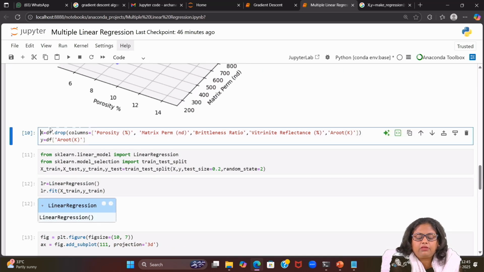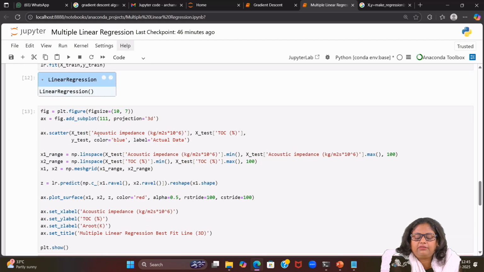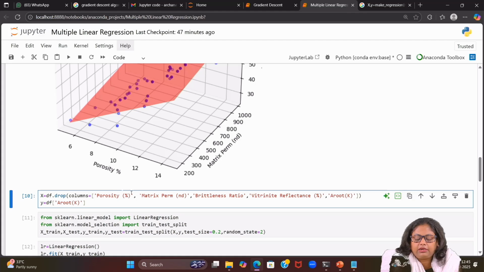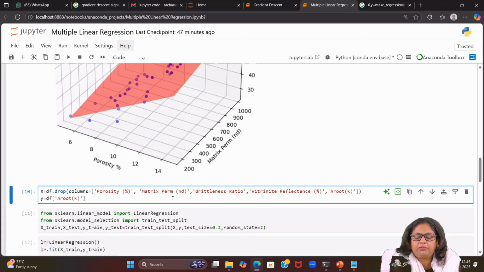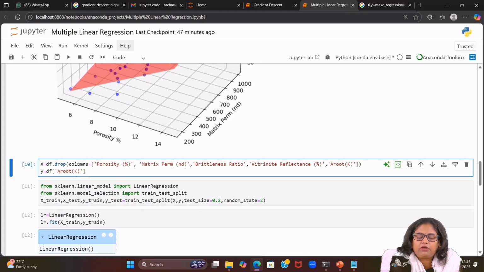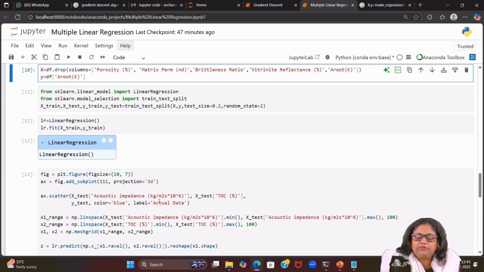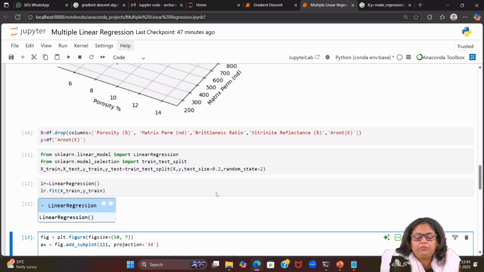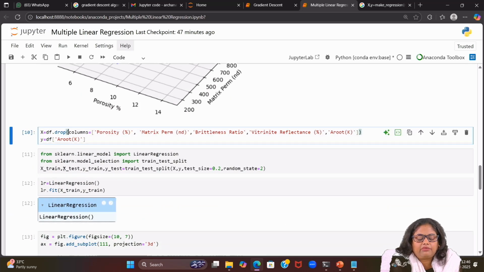The same thing, one more two-column selection we can take. So here again we are taking two columns, where we are dropping all others, and considering acoustic impedance and TOC percentage. Initially we took porosity and matrix permeability, and now as one more exercise, we can consider any two columns. So here another two columns have been selected, acoustic impedance and TOC percentage, and once you do the X and Y,